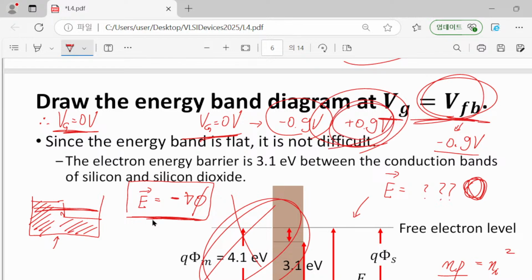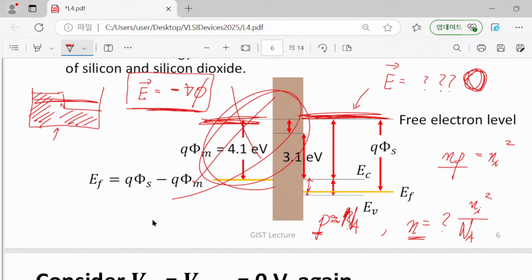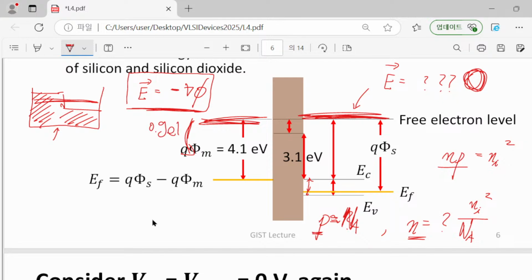Positive direction means that the metal is positively driven. So in the flat band condition, we have these flat vacuum levels, and now let's say the metal is driven by an amount of 0.9 volt. So what will happen? In this case, we will drive the metal part band by 0.9 eV